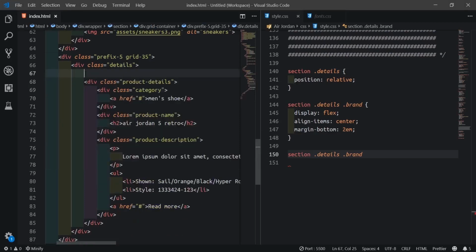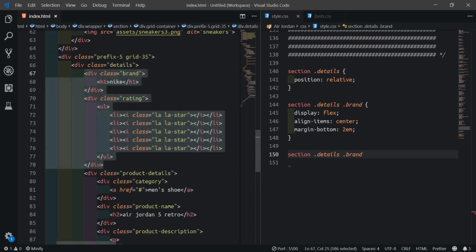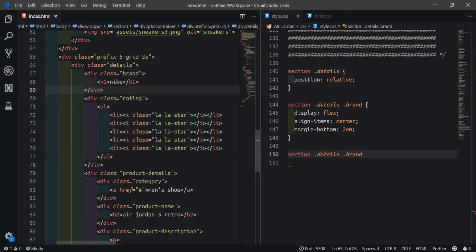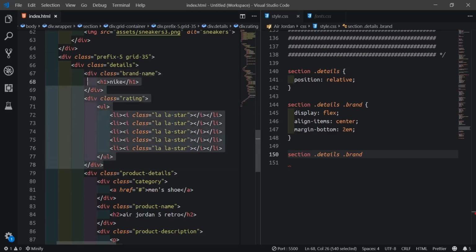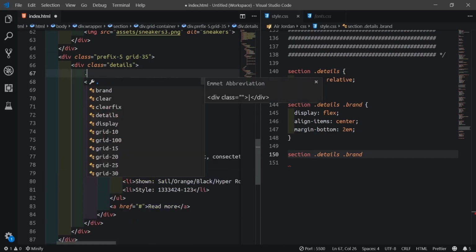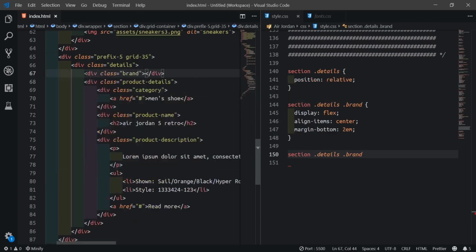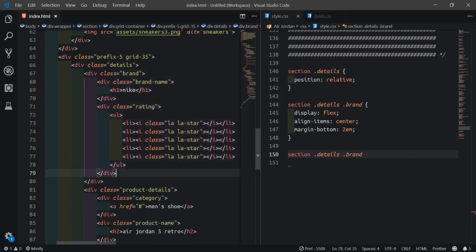I think I might make this one brand name, then wrap these two inside the div of brand, like this.